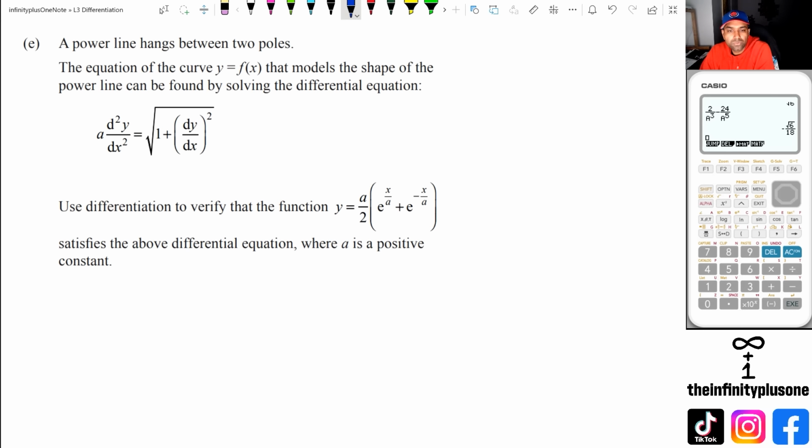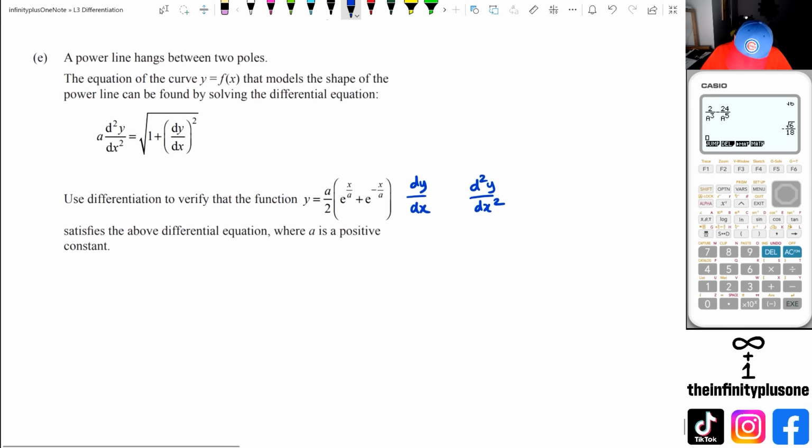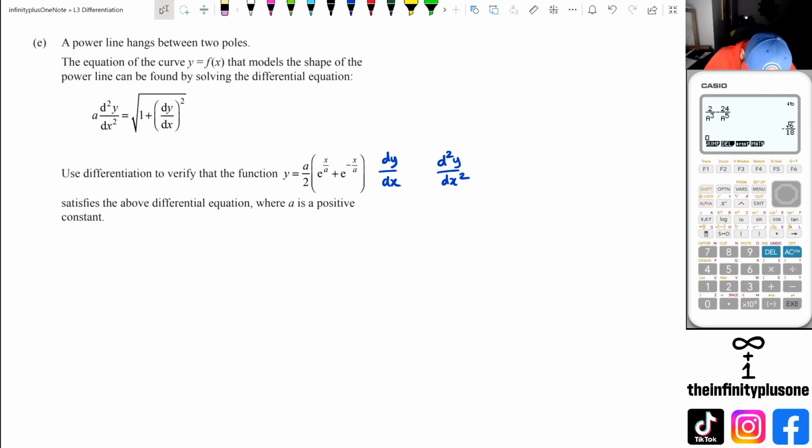So with the last question, whenever you see differential equations like this, all it's doing is, you've got y there. If you differentiate it once, you're going to get dy dx. Differentiate it twice, you're going to get d squared y dx squared. So that's pretty much our starting point for this question. Let's work out. So we've got y is equal to